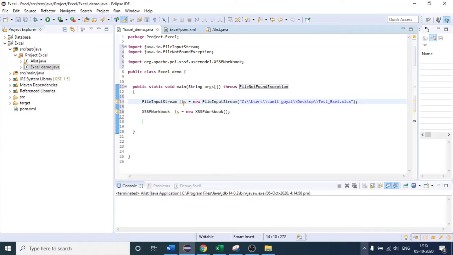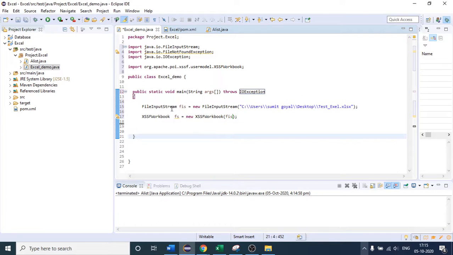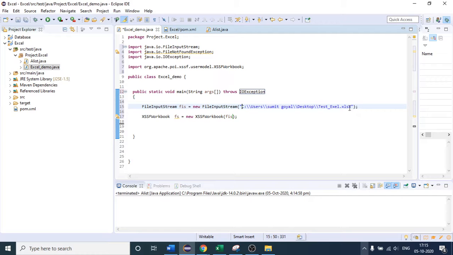After that, we will just copy this object and provide the object here. Let me add the throws declaration again. What I'm trying to say, understand here, this class file input stream has the ability to read the file, open the file, close the file. We are just placing the file path here, and this object has the power to perform any operation on this file. After that, we are providing this object to here.